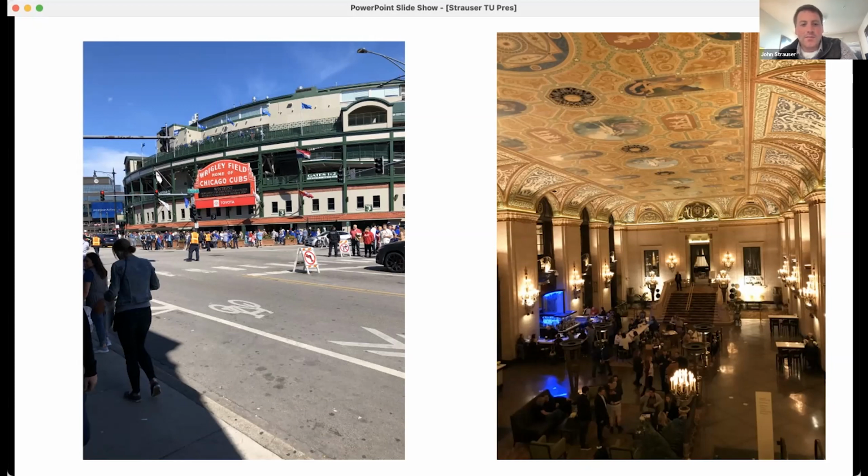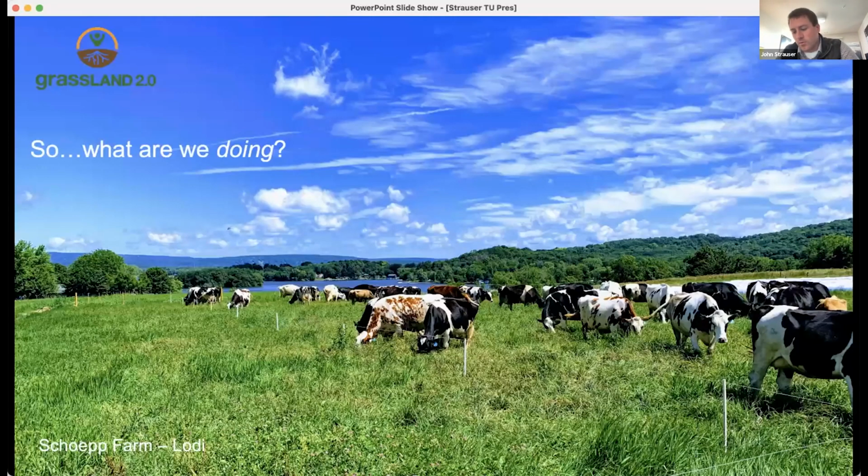And so it's kind of similar to that in farming. If we don't think about the context in which agriculture occurs, then it's kind of hard to ask people to change their behavior. And so what I've been thinking about, and this is something we've been thinking about with Grassland 2.0, which is a project based out of UW-Madison, is if we want to shift agricultural practices and work with farmers to improve farming practices,